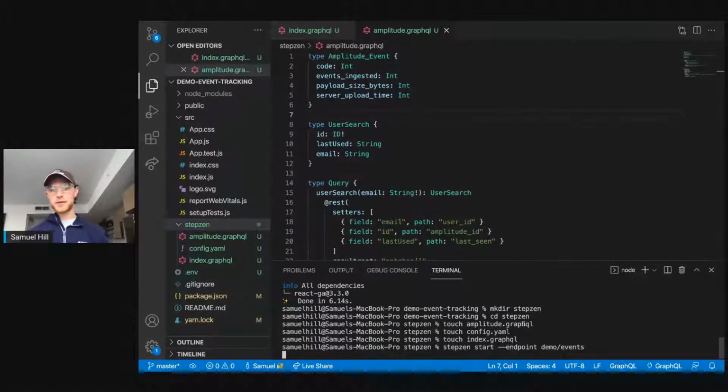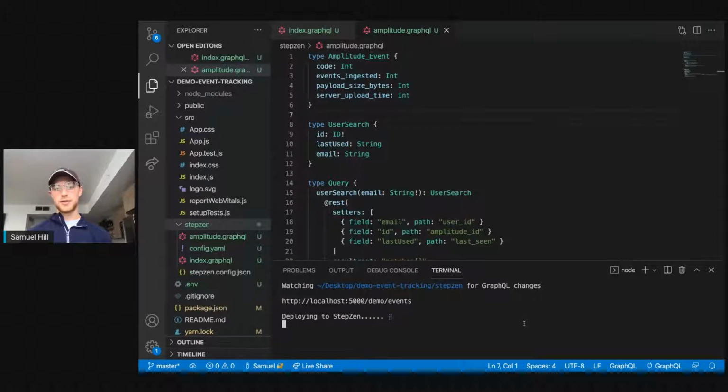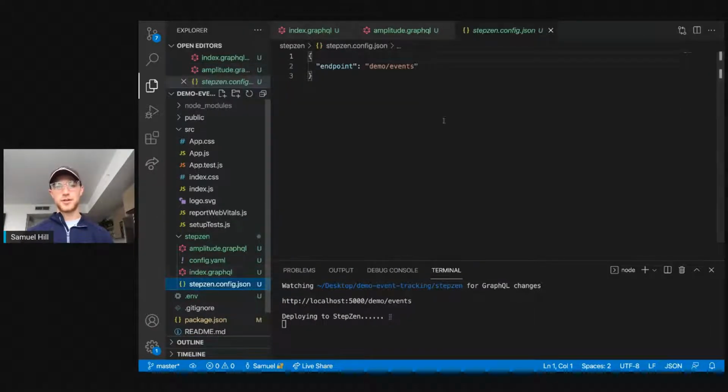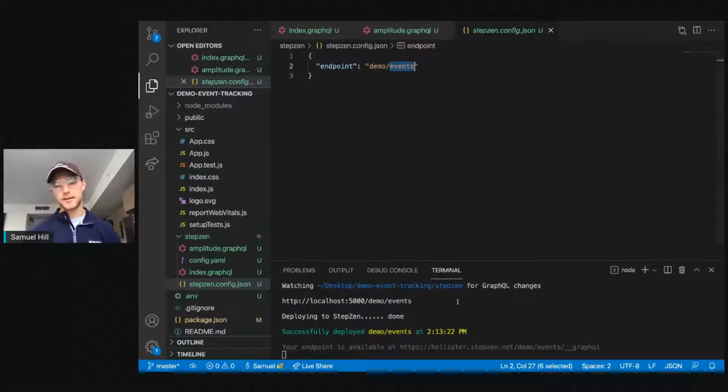And this is the first step of just making sure we can actually write an event. And this is how easy it is to do on steps end, right? Make sure you install the CLI so that you can easily run this. And if you successfully do it, it'll add a send config.json saying, okay, demo/events is the endpoint that you want to create. I declared that when I wanted to write it out. It actually generates an endpoint for me here. And now if I go to localhost 5000,